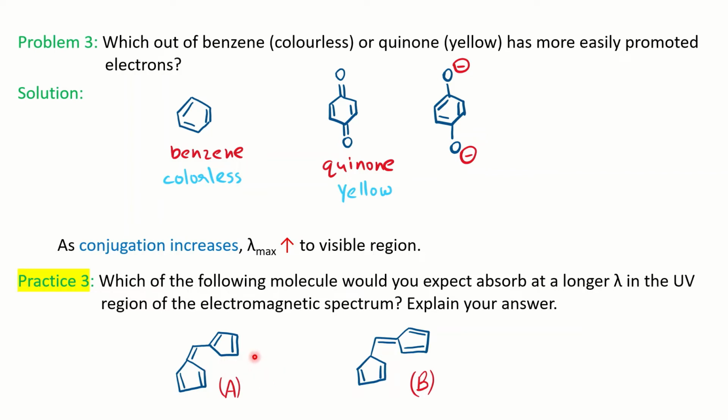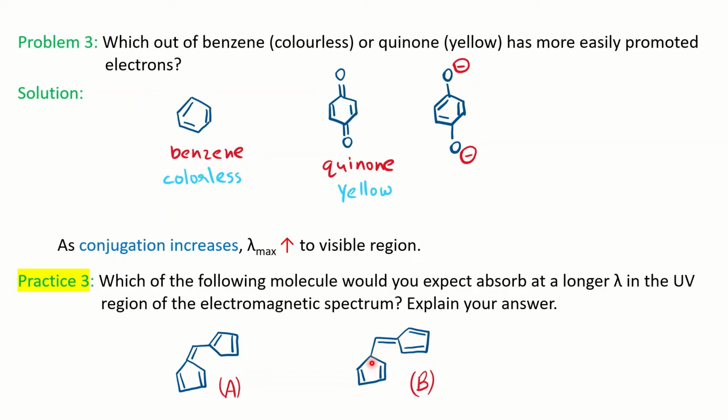If the conjugation is high, the wavelength will be high, right? So they are asking which molecule will absorb at longer wavelength, meaning which of these two molecules has the extension of conjugation. So you have to notice that. Here all these double bonds are in conjugation, so extension of conjugation is there, 5 double bonds. While if you notice the B structure, the conjugation is restricted to 3 double bonds only.